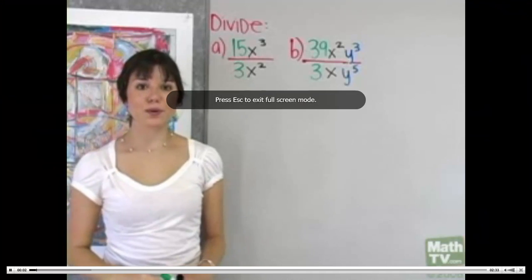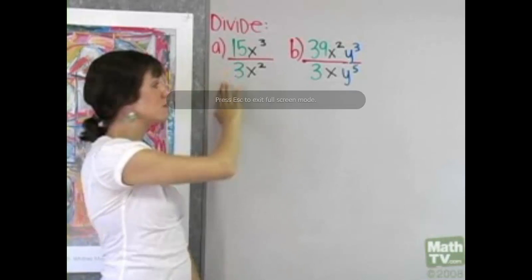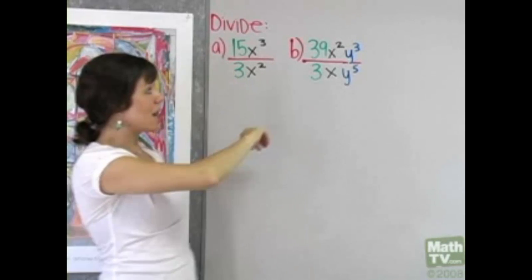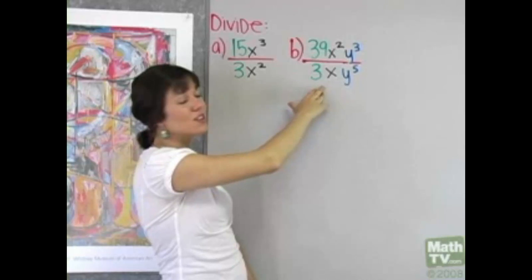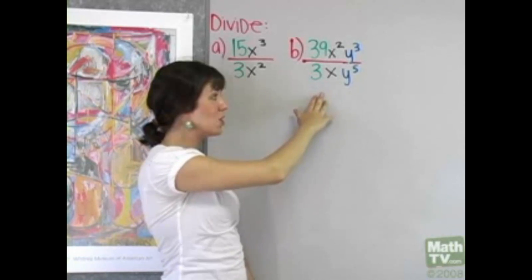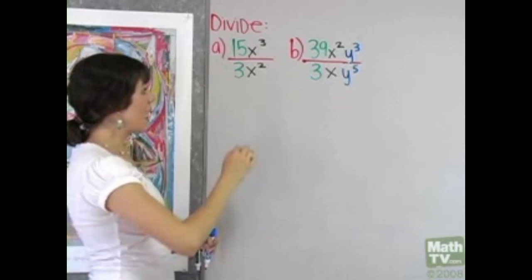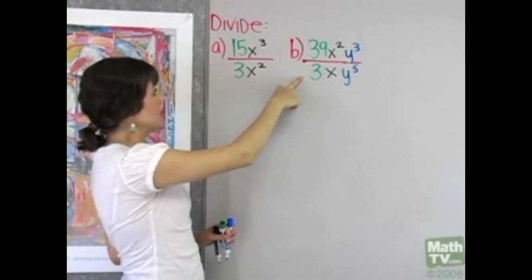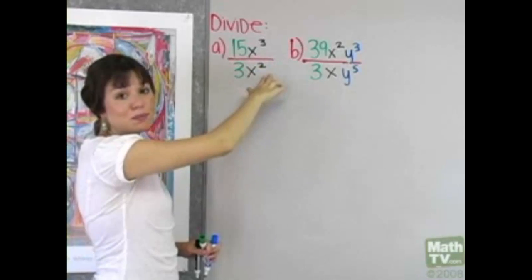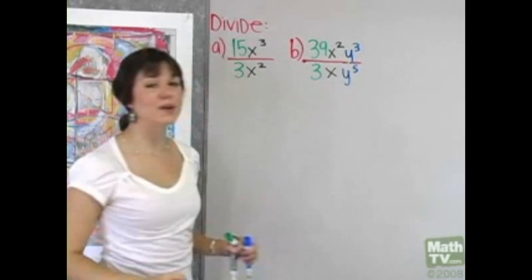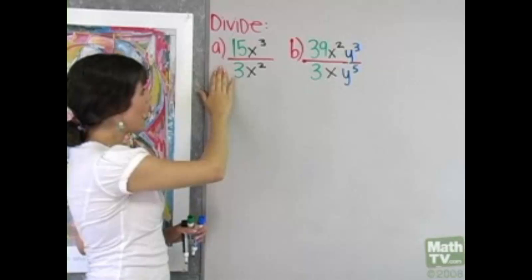In this example, we want to divide 15x cubed by 3x squared, and we also want to divide 39x squared y cubed by 3xy to the 5th. So notice that I've written the numbers in green, the x terms in black, and the y terms in blue. So in part A,